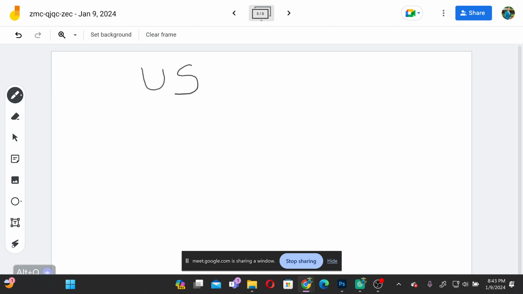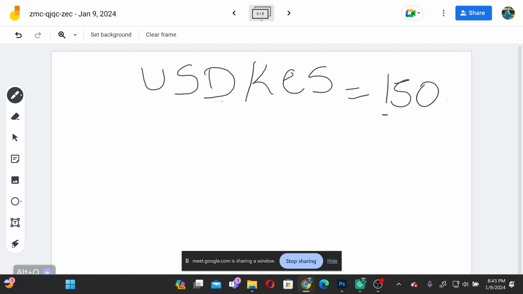US dollar to KES. Okay, I don't know how it's written, but I just know something like that. KES. So that means how much do you get? And you see something like 150. Okay, I hope this is what you'll be knowing. This is very simple now. That means for every $1 you get